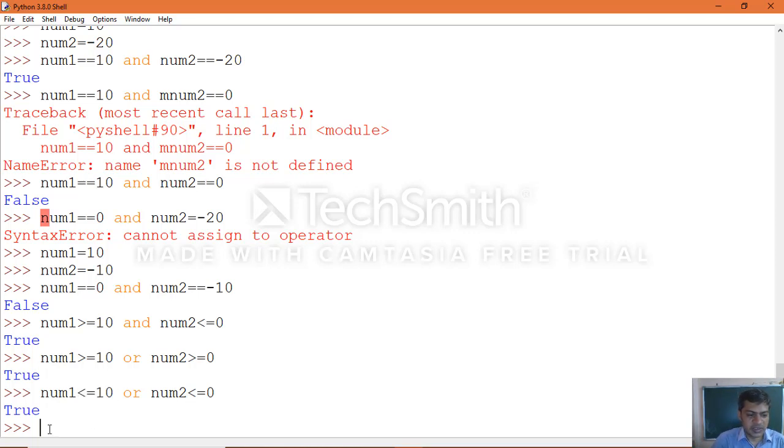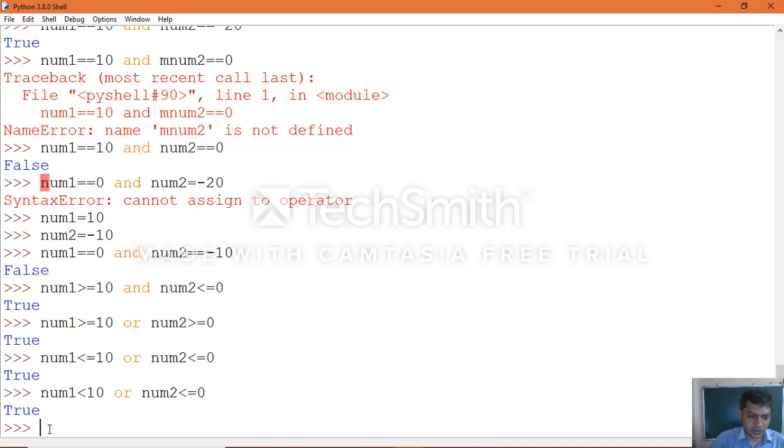Now what happens here? num1 less than 10 or num2 less than or equal to 0. Now the result is true, because num1 less than 10 is false, since num1 equal to 10 which we assigned, and the right side condition num2 less than or equal to 0 is a true condition. But with the OR operator, if any one condition becomes true, then our entire result becomes true.